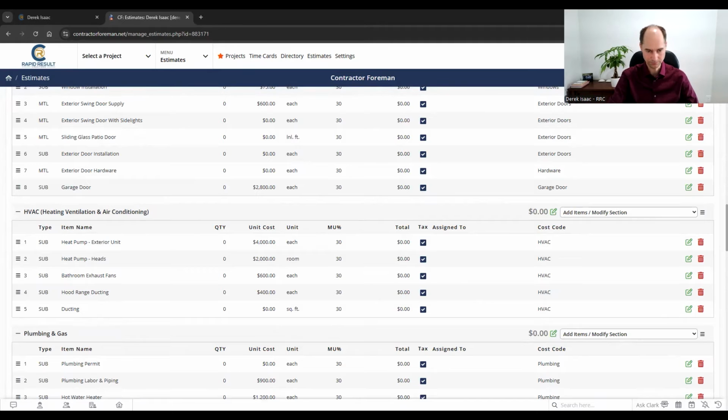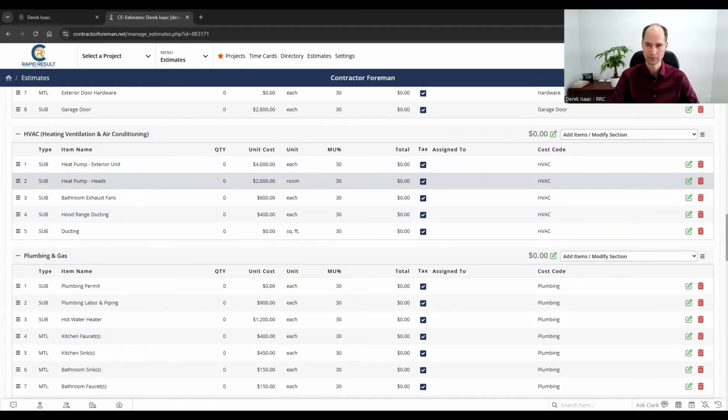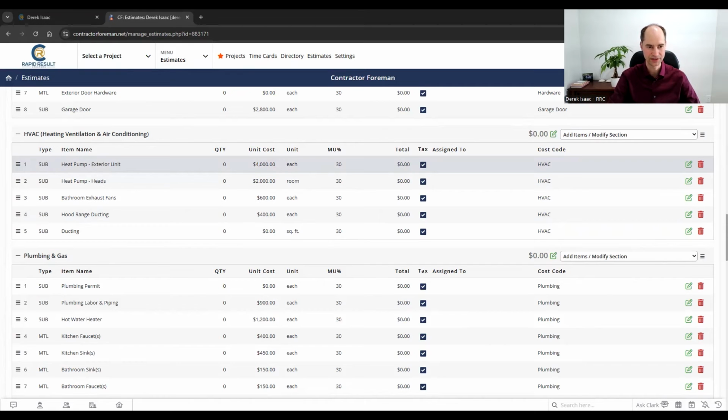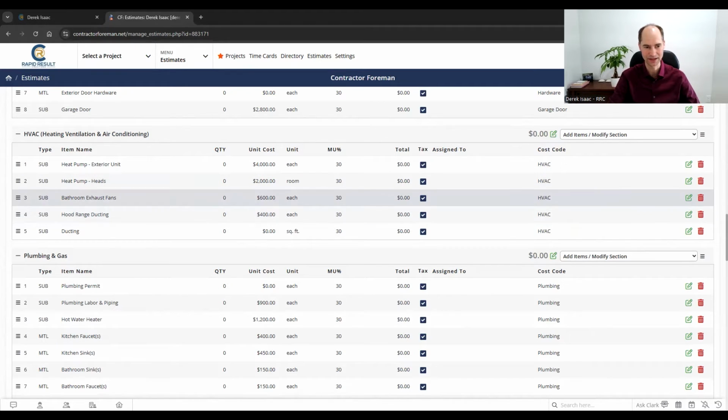All right, HVAC. It's going to depend on your location and if you normally install heat pumps or furnaces or whatever's out nowadays, geothermal, all that kind of stuff. But anyways, you'll have your base pricing in here. Remember, hood range ducting, the hood range exhaust fans, stuff like that can often get missed,